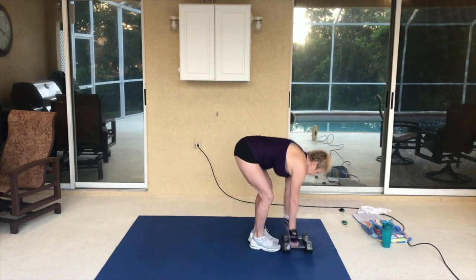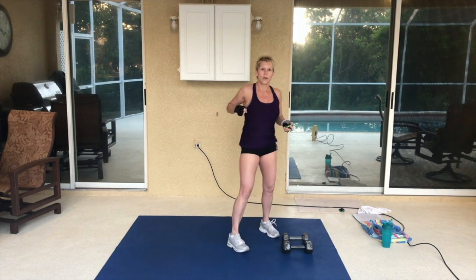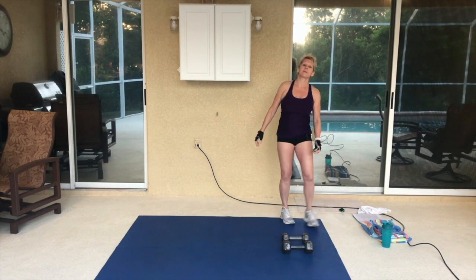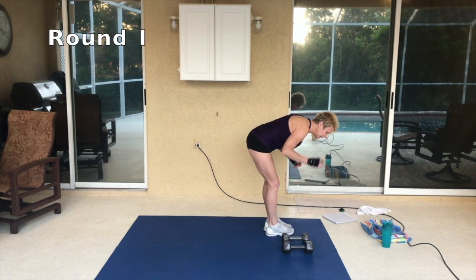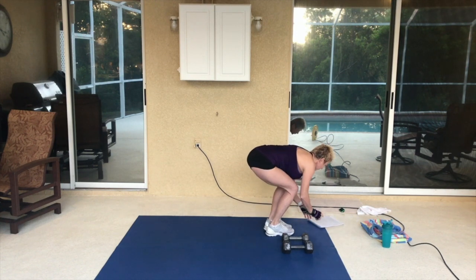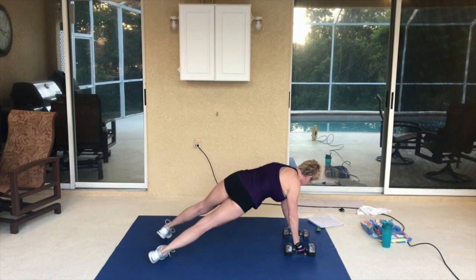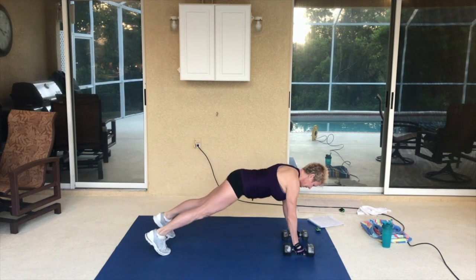You're going to get into a plank position, and you are going to row with the heavy one, all right? And then with the light one, you're gonna do a side plank with an overhead raise, all right? Minute with no rest. So when the next one goes off, then I'll cue you for the next one. So, row, push up, overhead press. Row,